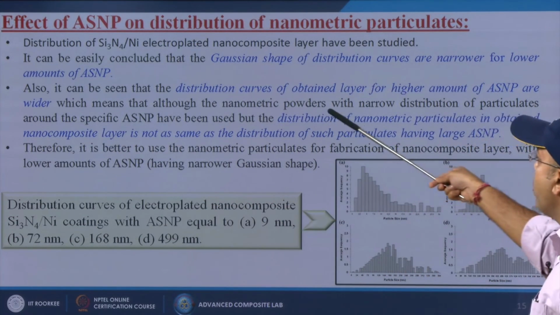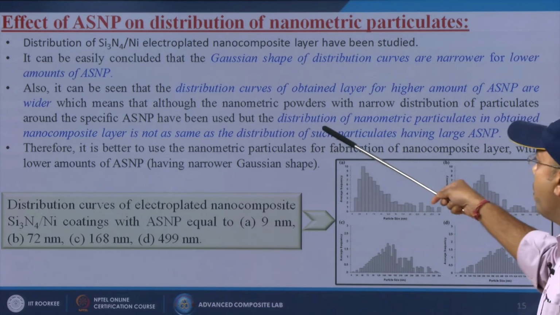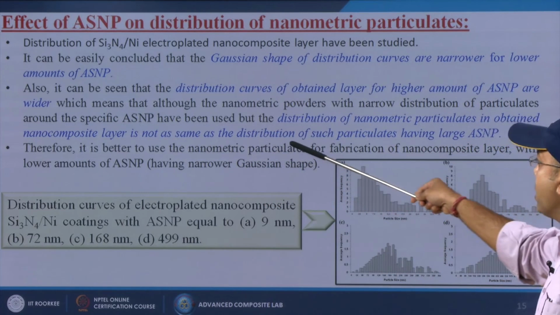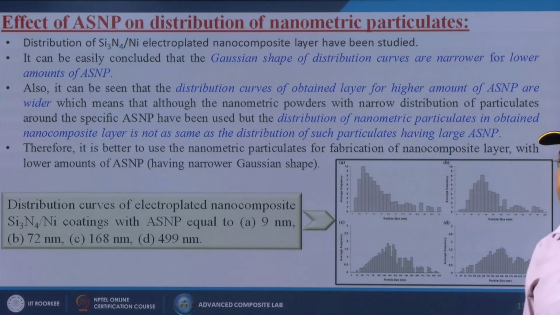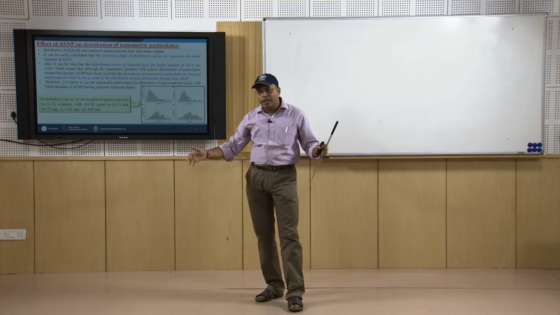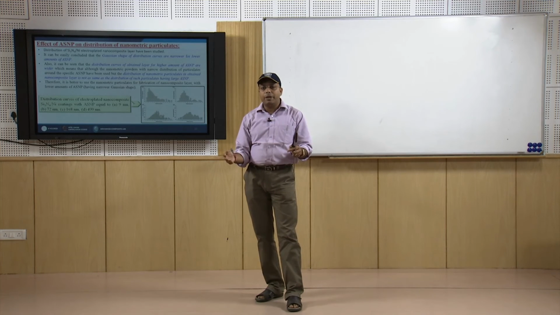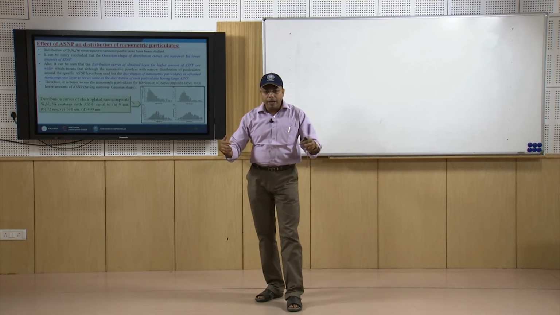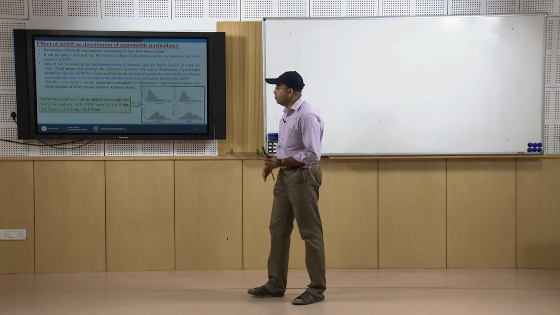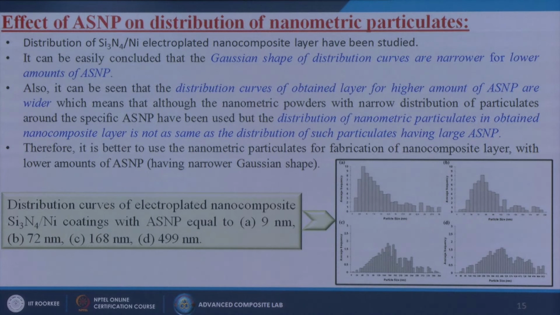which means that although the nanometric powders with narrow distributions of particulates around the specific ASNP have been used, the distribution of nanometric particulates in obtained nanocomposite layer is not the same as the distribution of such particulates having large ASNP. So, if average diameter of that particle is increased, then it will cover the large area and also some small particles will fill up those gaps, but if the average diameter is less, then there will be very uncovered area. So, that is why the Gaussian curve is not the wider one. Therefore, it is better to use the nanometric particulates for fabrication of nanocomposite layer with lower amounts of ASNP